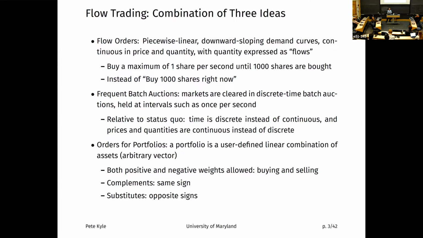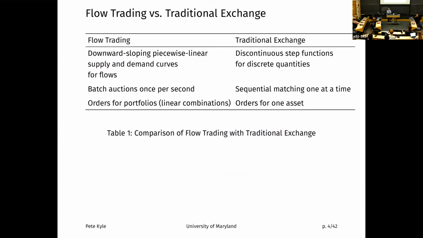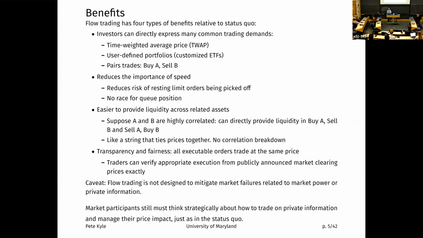Now, the big assumption that we make is that the portfolio order that you submit is a downward sloping function of the price of that portfolio itself. Okay, this turns out to be the critical assumption that drives everything that we do, and you'll see why by the time we get to the end of the paper. So there's a summary of the 3 different things that I just said. This design is going to create several benefits related to the problems that I summarized at the beginning of the talk,